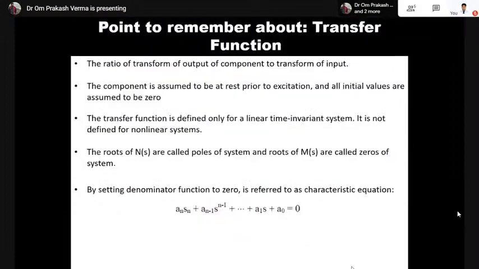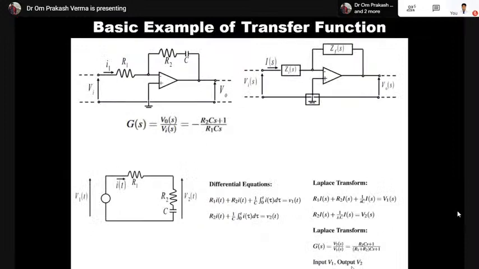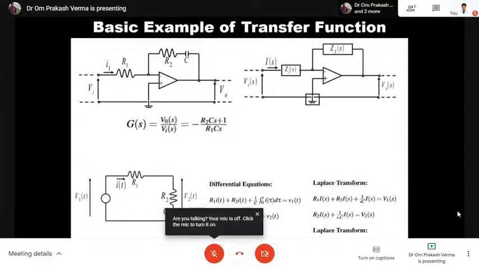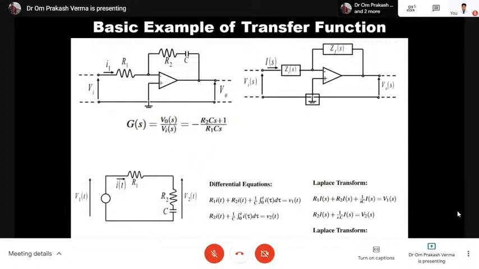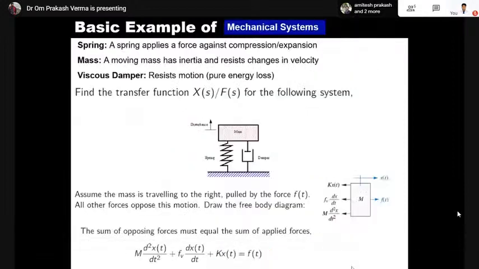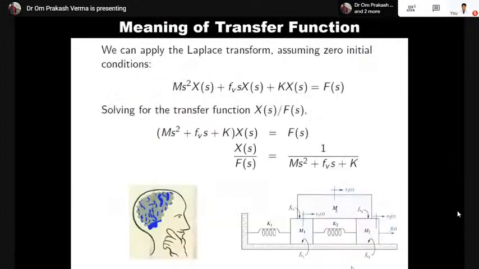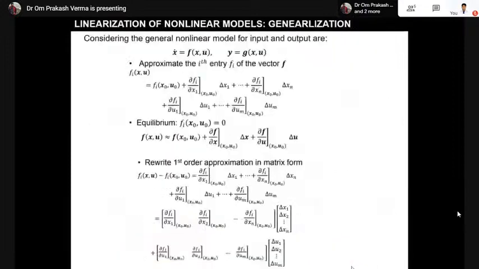We have covered the transfer function, the meaning of transfer function, and today we will study the controller part also. So keep in mind this slide that is visible, the pressure amplifier. We will cover this also today: realizing the controller using the operational amplifier, and we have seen the different types of models of the mechanical system,